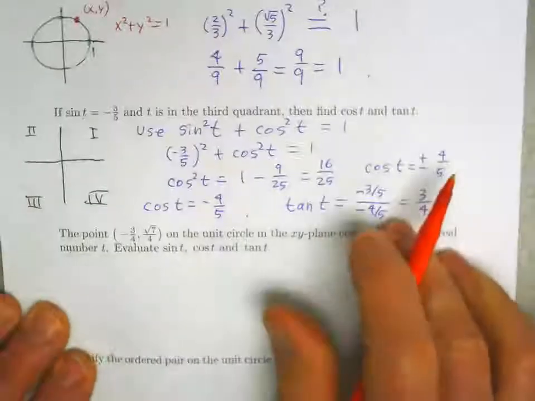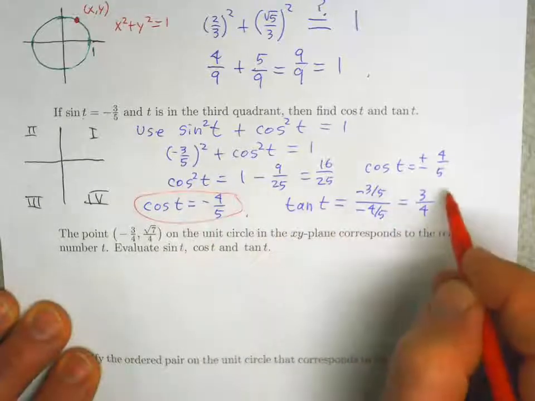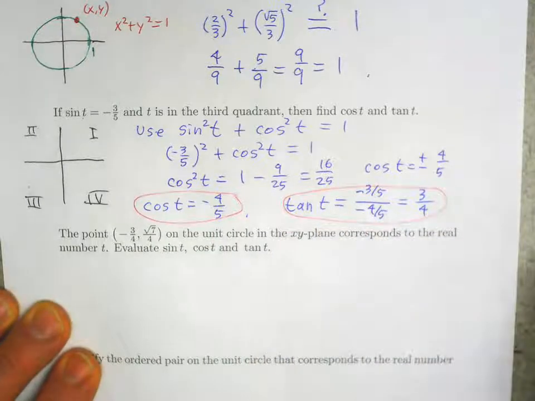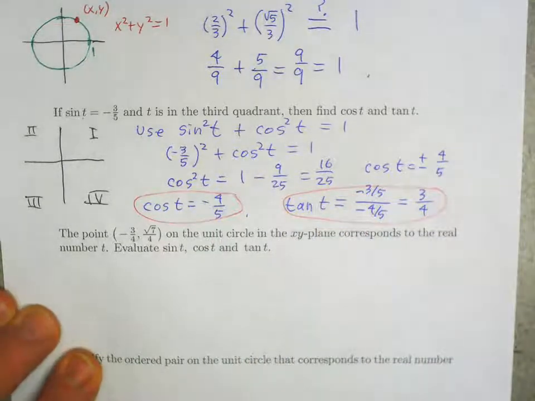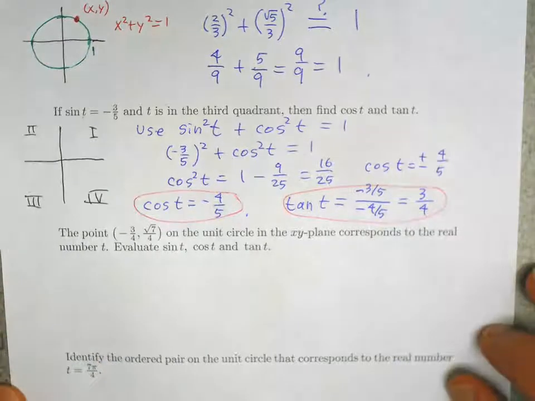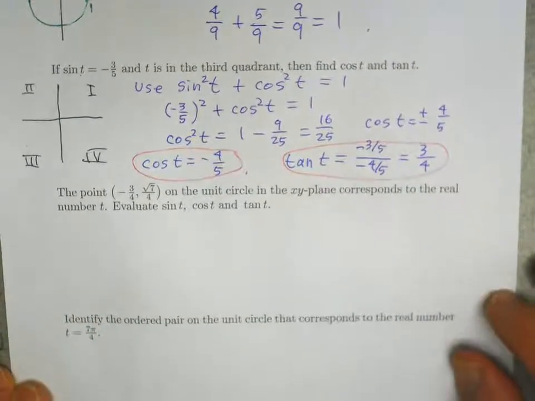So in this limited space, I'll circle the other 2 quantities that we're supposed to find. Okay, the next problem,